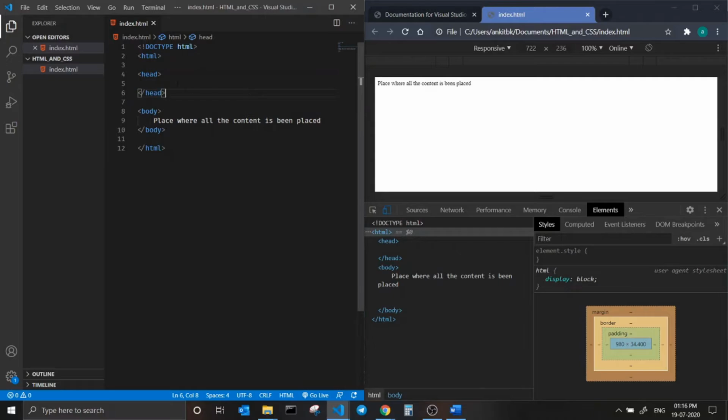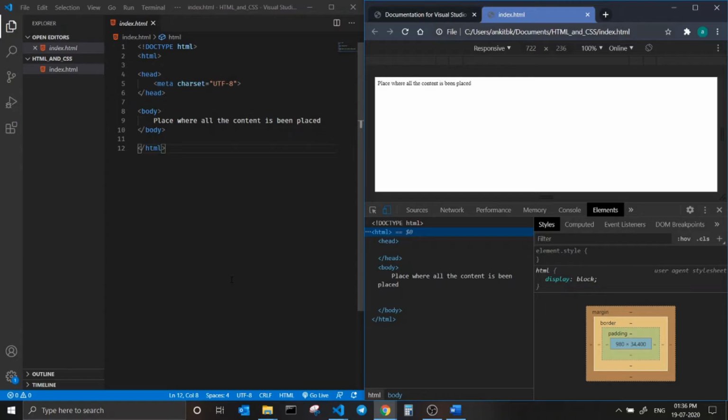So let's check the head tag in more detail. The head tag is usually used to place the meta tags. As I've told, the head tag is usually used to provide some information regarding the features of the web page, or it gives a quick view. For that, we are using the meta tag, with attributes in terms of name value pairs. Let's discuss in more detail regarding the head tag and the body tag.